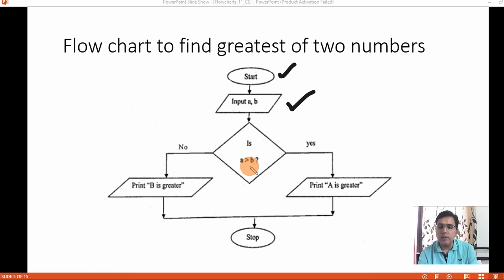There is no third value. This expression a greater than b will return either true or false. If it is returning true, your control will come here. If it is returning false, your control will come here, in this branch.